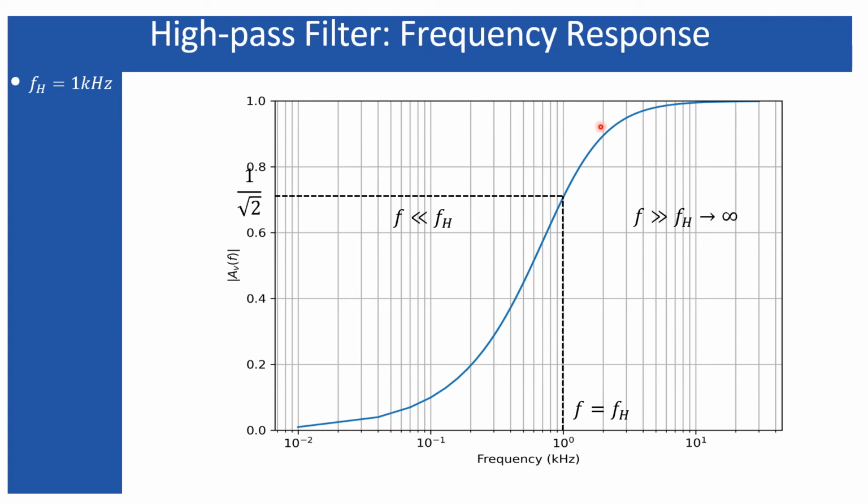So the output voltage is 1 for the input voltage having frequency greater than FH. That is why it is called a high pass filter, because it passes the frequencies greater than the cutoff frequency, which is FH. Passing the frequency means it is producing the output for the input voltage which has a frequency higher than the cutoff frequency, and for the input voltage which has a frequency less than the cutoff frequency, the output voltage is very, very much less than the maximum available output voltage, that is 1.